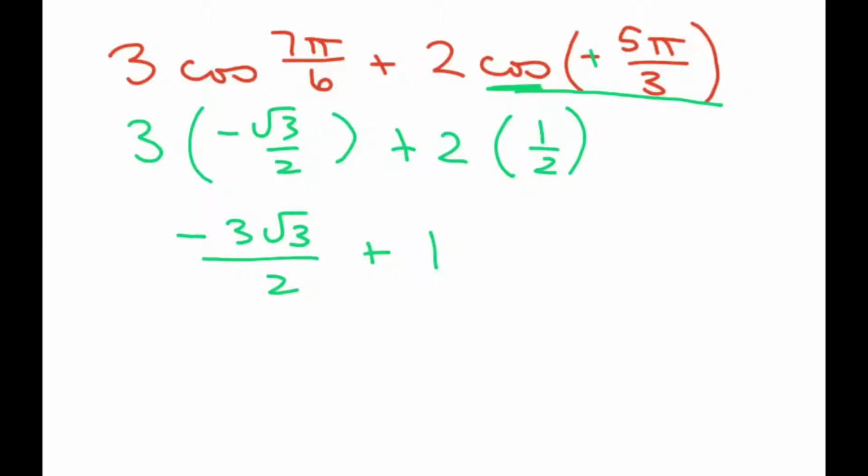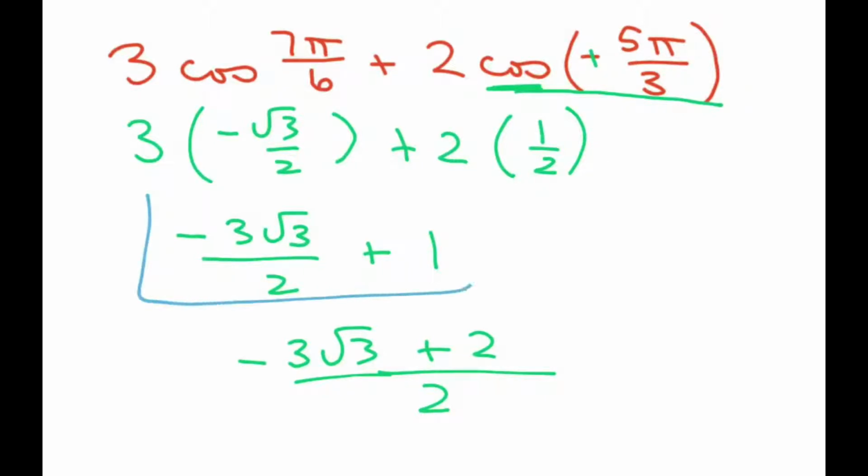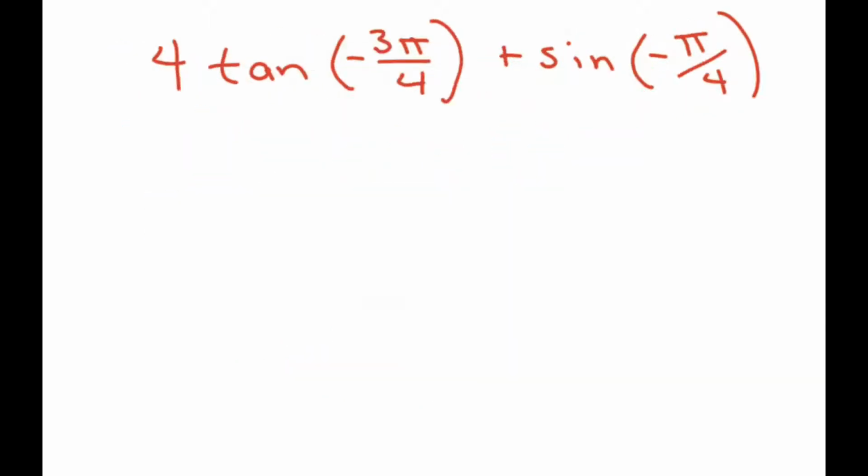And simplifying this, you get negative 3 square root of 3 over 2 plus 1. And if you want to simplify it further, that'd be negative 3 square root of 3 over 2 plus 2, and you just put the 2 under here. It's up to you. This one's fine. All right, and this one,